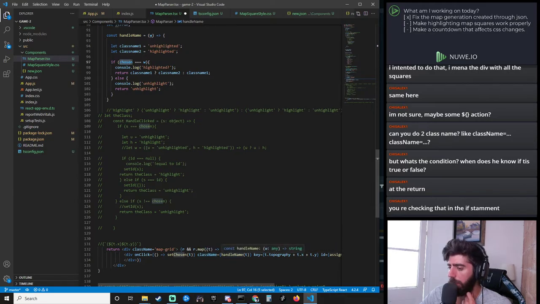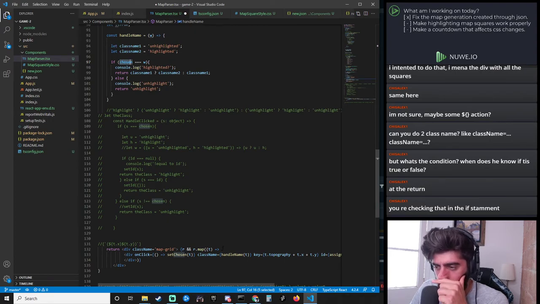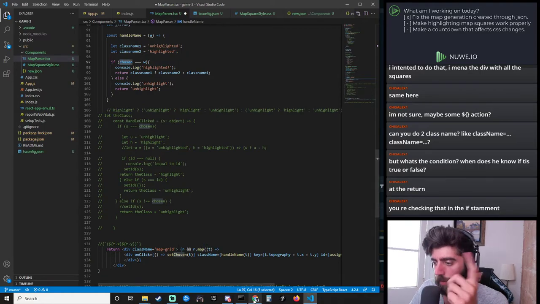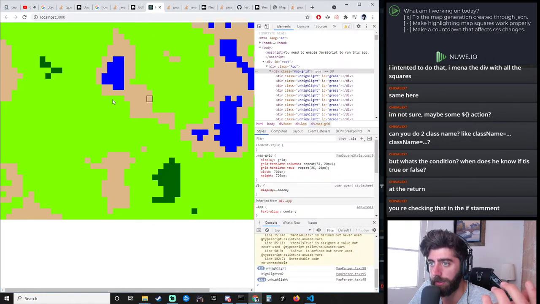Essentially, this is what helps us click on different squares, right? What it's doing is checking, is the